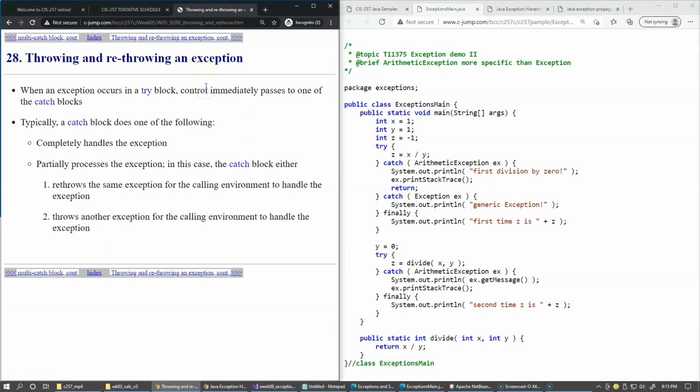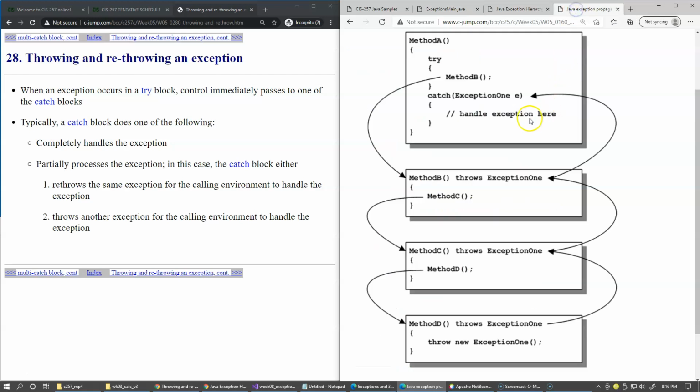Another important technique to understand is the idea of rethrowing an exception. Let's bring up our exception propagation diagram to discuss this idea, and let's assume that this method on top of the stack decides to throw an exception. So the exception object is constructed as a new object, like this, and now we have our throw statement, which initiates the process of propagating this exception to the appropriate